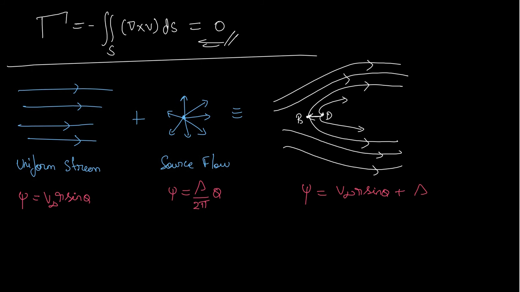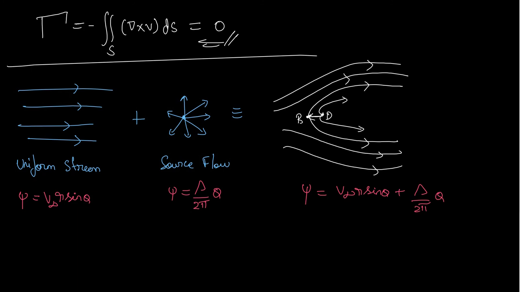It is that simple, and that is the main reason that we need to look at elementary flows, because we can generate a whole lot of complex flow fields using these kinds of elementary flows. So it is just a superposition. So this is the final stream function for this complex flow field.